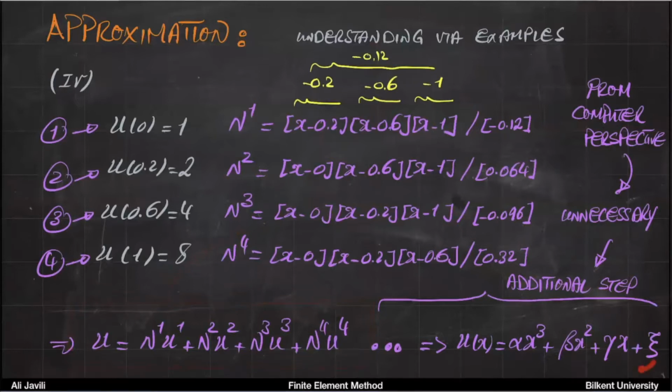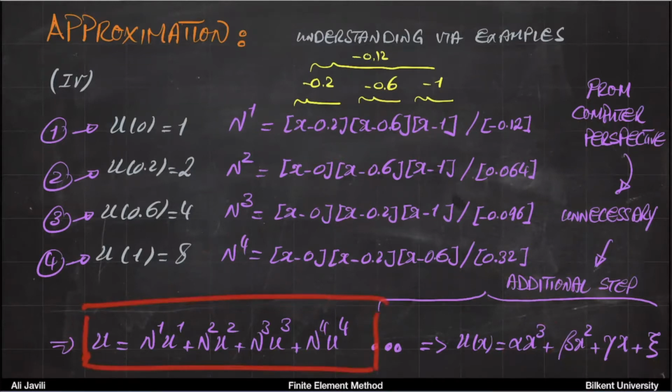The fact that we like to order them and have the x cube first and so on, this is our own understanding of polynomial. Okay, for your computer, this is exactly that polynomial, and then basically it means the result of that loop in your code will do the job for you. Okay, so using this,